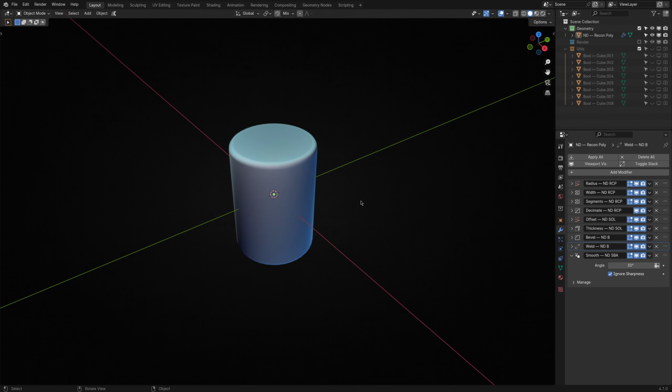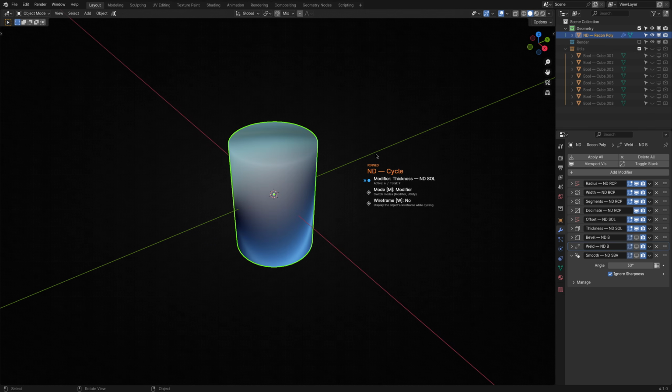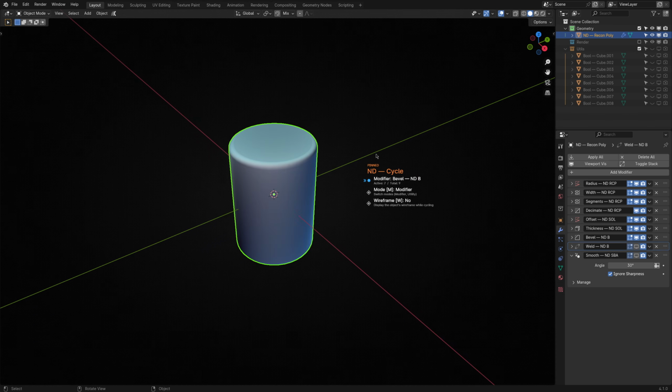Okay, now that we have an object with a few different operations performed on it, let's bring up the cycle overlay once more. Let's press M to change our mode from utility to modifier. You'll notice the object immediately returns to its base starting shape, or fundamentally whatever geometry is present before any modifiers are applied. Scrolling up effectively acts as a playhead, scrolling through each modifier in the object stack from top to bottom, enabling it as we go. It's a way to visualize the history of operations performed on your object.